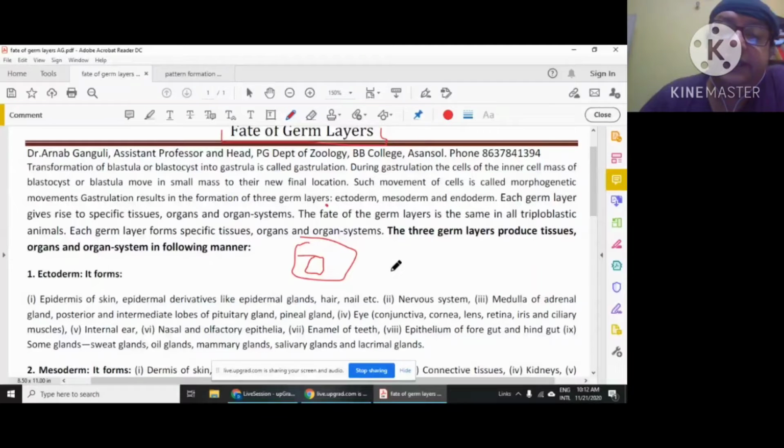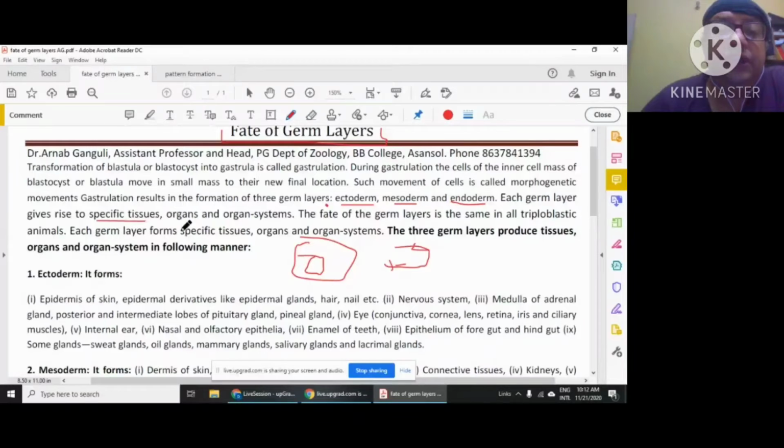The cells which are formed in the blastula from the zygote gradually differentiate. Before differentiation, they move. They move and organize themselves into three germ layers: first the ectoderm, second the mesoderm, and third the endoderm. And each germ layer gives rise to